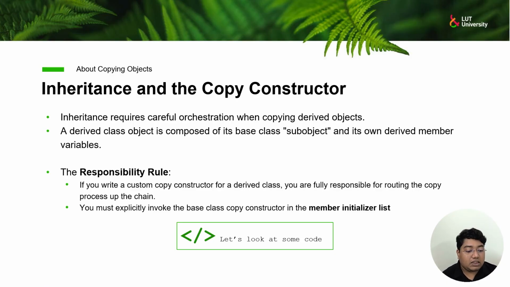Once the base subobject has been copied correctly, the derived constructor finishes by copying its own members. Following this pattern keeps every layer of the object responsible for its own data. It's a simple rule, but forgetting it can produce objects that look correct on the surface while quietly containing incorrect